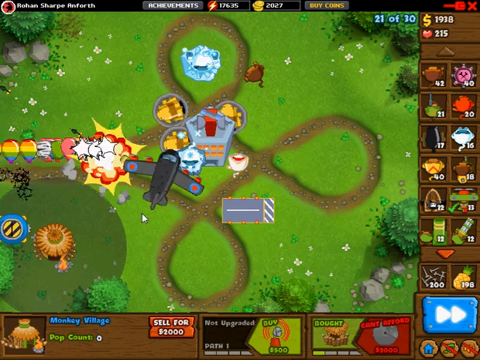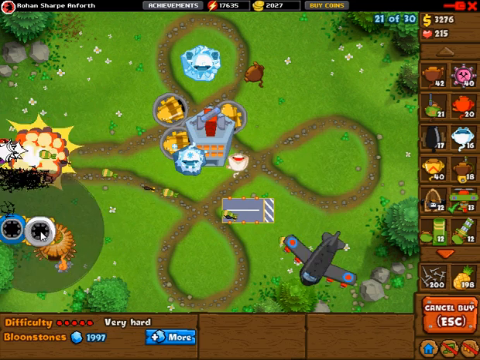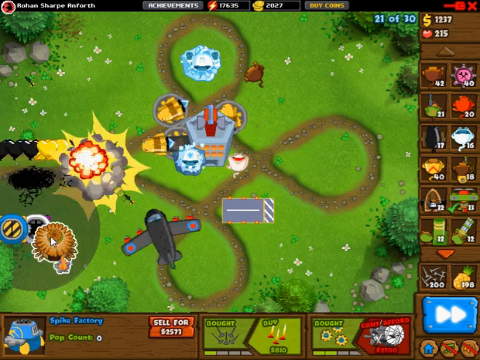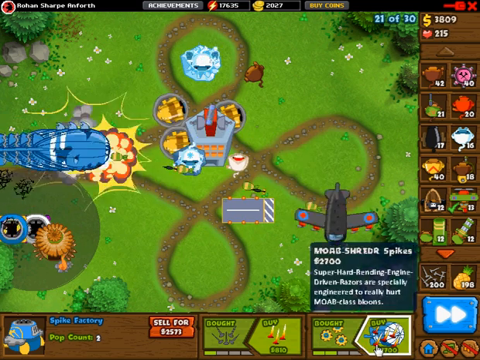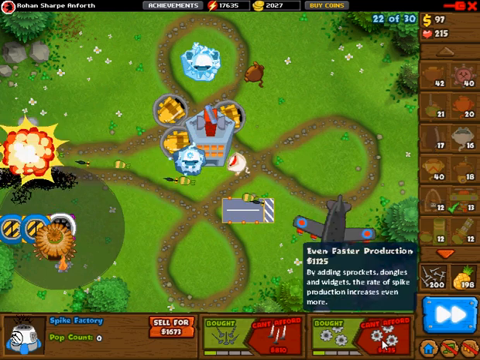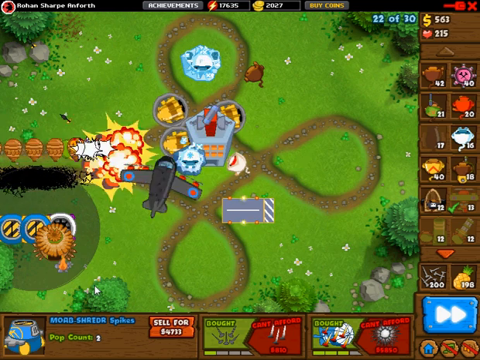Just grab that. No reason to grab the range upgrade or the camo upgrade. There's no need to even get the white hot spikes because no leads are going to hit them. See, these guys will just go past and just get eaten. I only ever get 3 of these, and as I've said in previous videos where I've talked about Mob Shredder spikes,